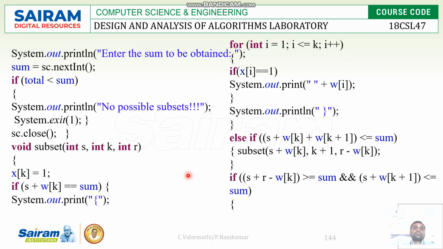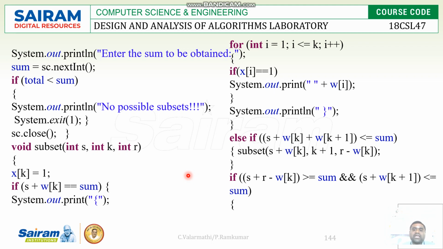Next, as I said before, we have to compute the results. If this result is greater than the total value, then this is not possible. Then we have to go back to identify another path. In order to identify another path, we are choosing the subset and we are passing 3 different parameter values s, k, r. So here if s plus w of k is equivalent to sum, then we have to